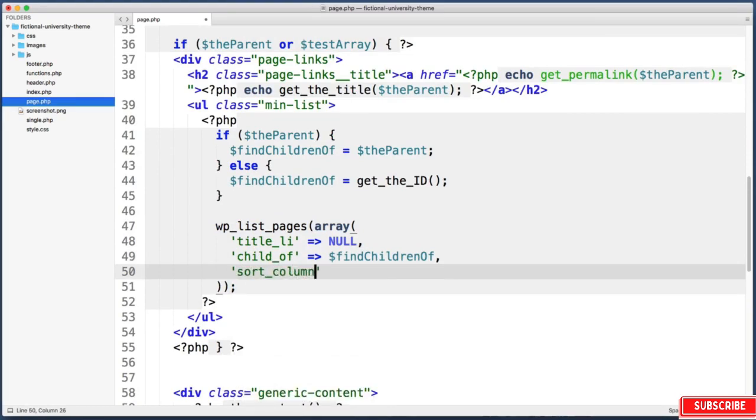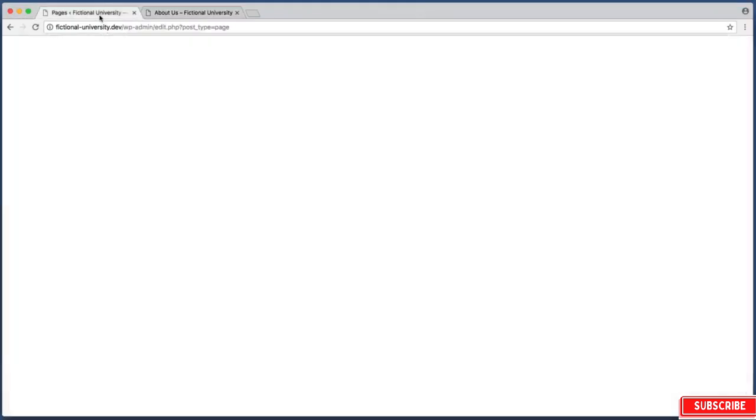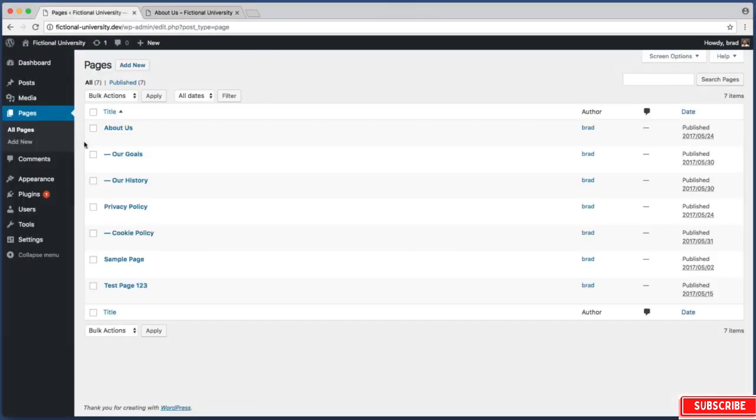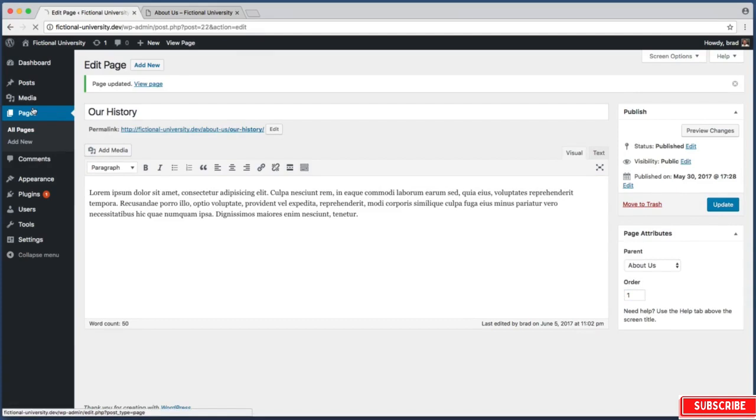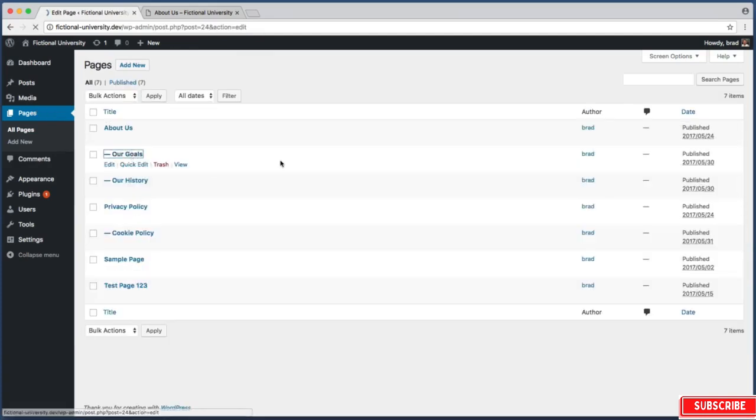Now if we save this and then jump into our WordPress admin screen, if I jump into the page that I want to be first, our history, over in the right hand column in this page attributes area, you'll see an order box. Now if I give that page an order of 1, and then give the other, our goals page, an order of 2, well, those order values will determine which goes first, and that's going to bring this lesson